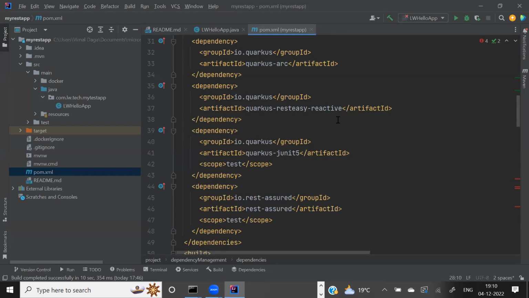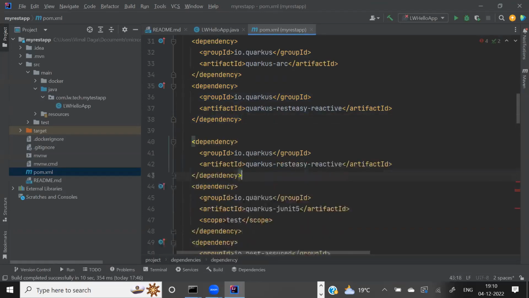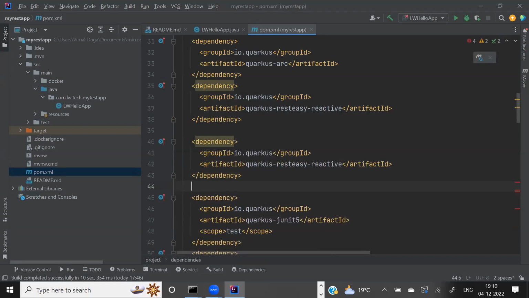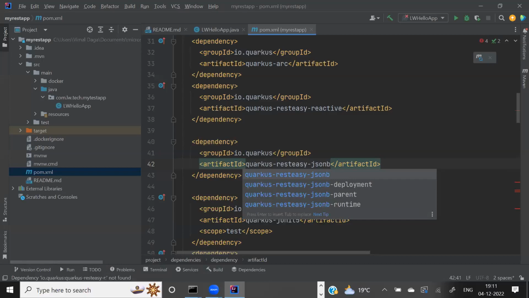How? For this, the syntax is, this is the keyword we will write. We can copy this code, enter, paste. And here we have to give the library name, and one of the library names is called Quarkus REST-EG JSON B. This is the name of the library.